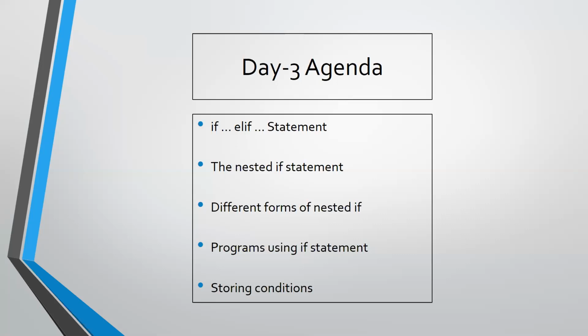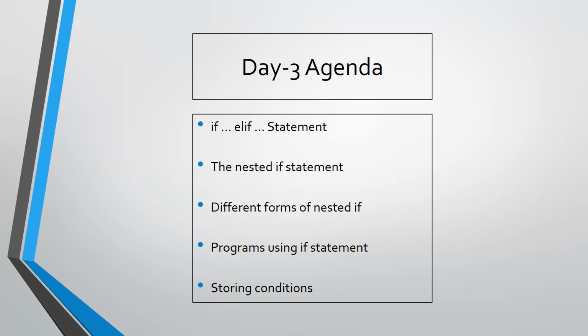How can I go for that? If the user wishes to calculate the area, then I have to calculate the area of a circle. Otherwise, I have to calculate the perimeter of the circle. I know the formula for the area of a circle and the perimeter of the circle. But here the point is how I have to get the user's choice, what they actually wanted to calculate. You have to get that input from the user, right?